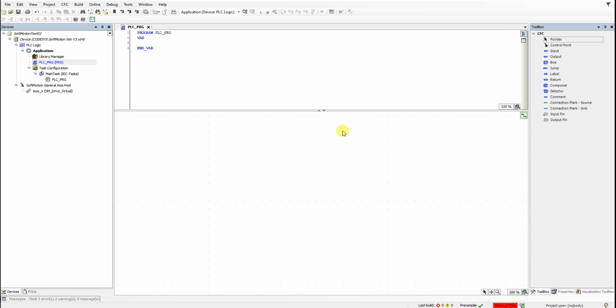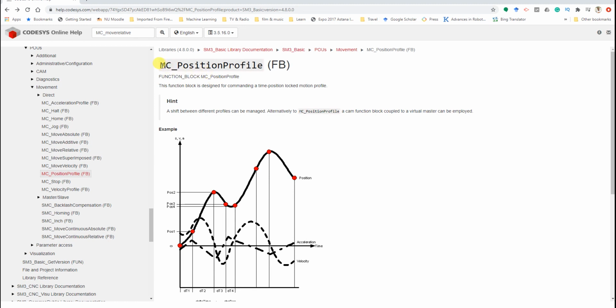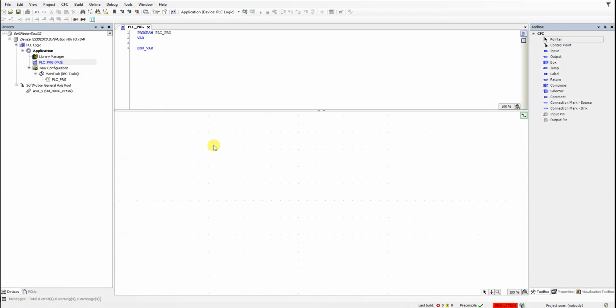We want to use that function block, yeah? Indeed, that's the main purpose of this tutorial, the position profile. For that, we need to power up the drive first, the virtual drive that we have. Let's insert a box, empty box, and then